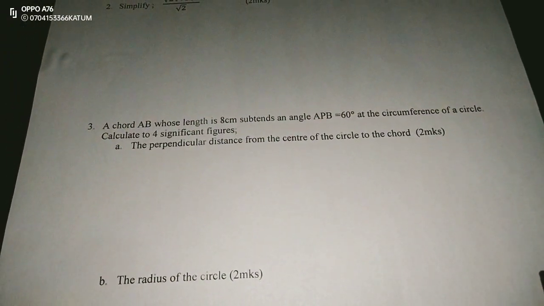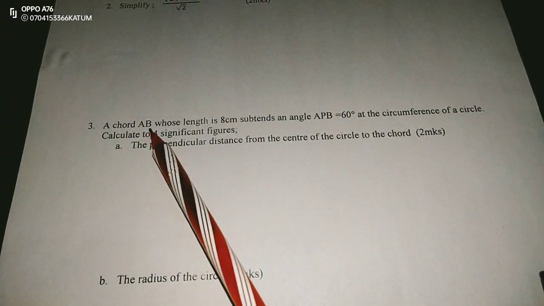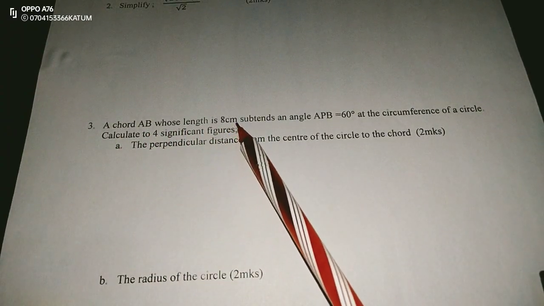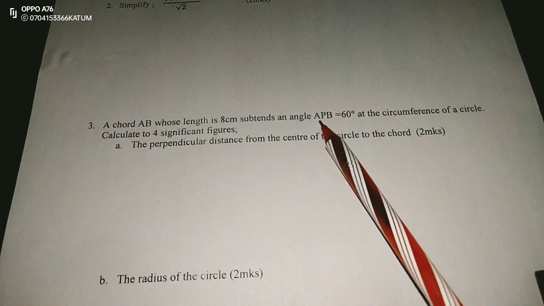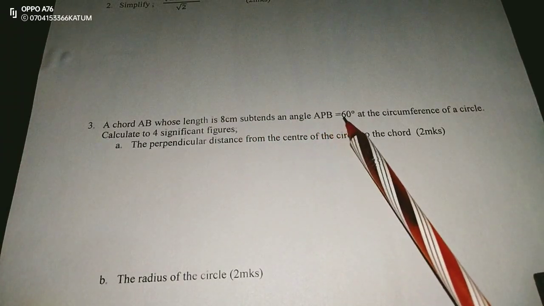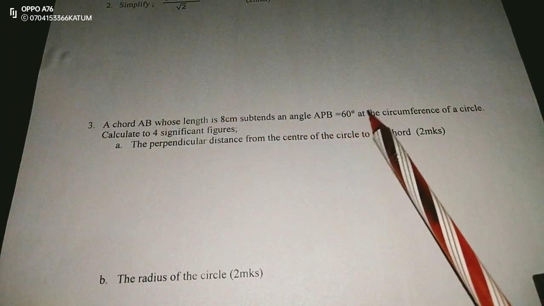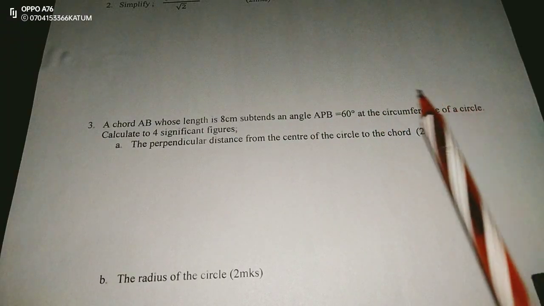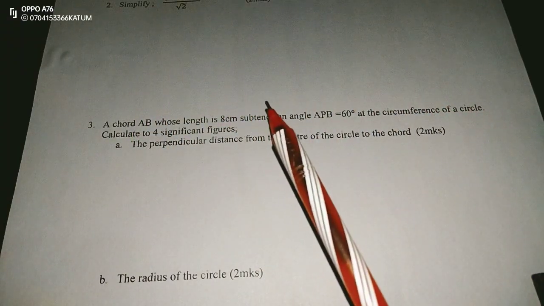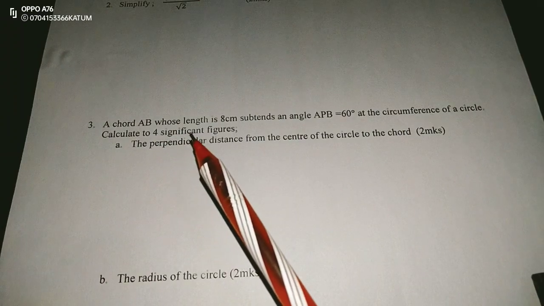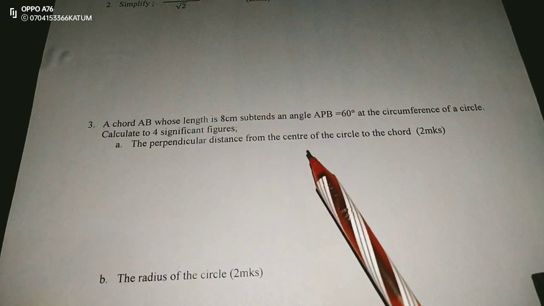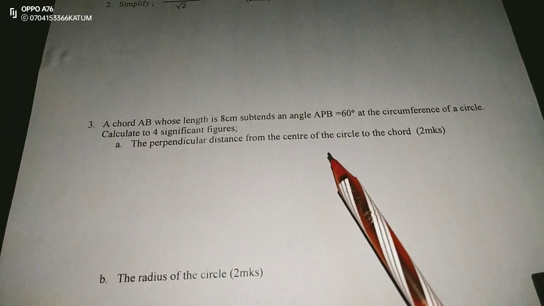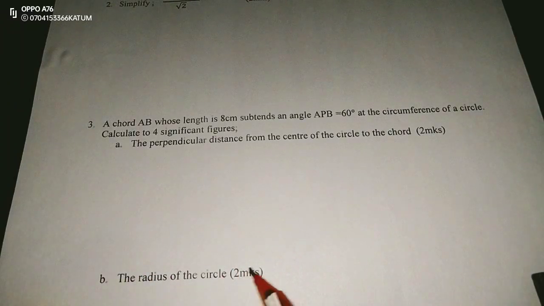We're going to look at a question in section 1. We are told that a chord AB, whose length is 8 centimeters, subtends an angle APB, which is equal to 60 degrees at the circumference of a circle. Calculate to 4 significant figures, part A, the perpendicular distance from the center of the circle to the chord, and part B, the radius of